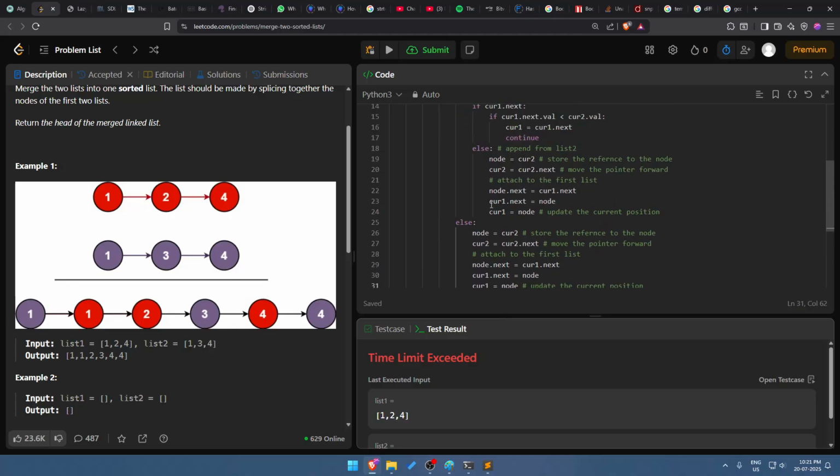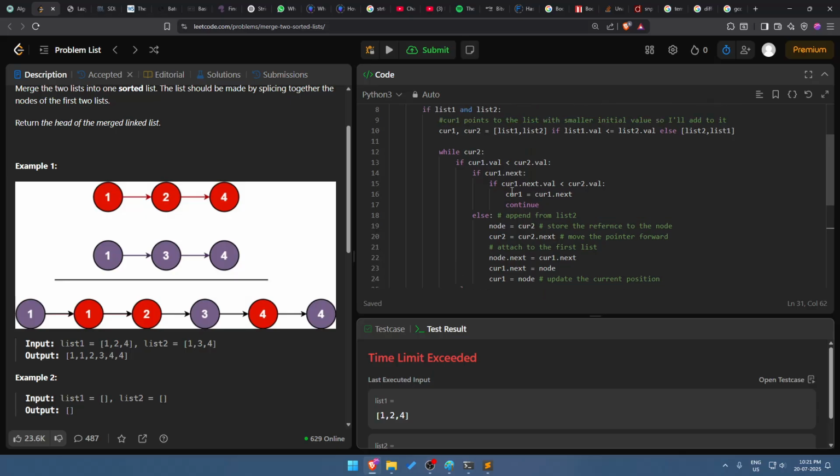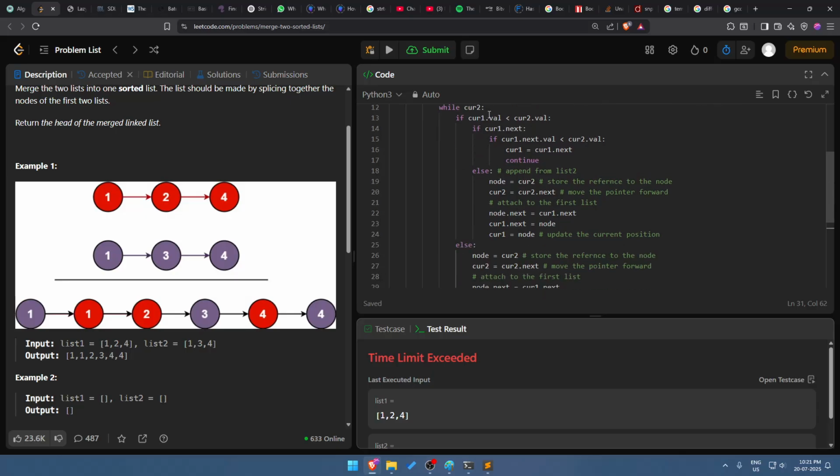Time limit exceeded. Okay, if the value is less, and if next one exists, if next one is also less in value, else clause won't... if next one is still less, then we update